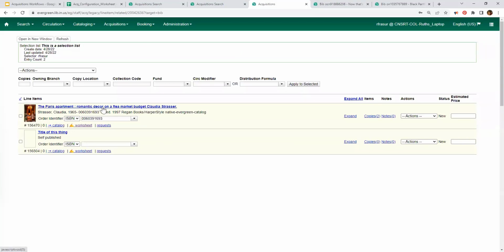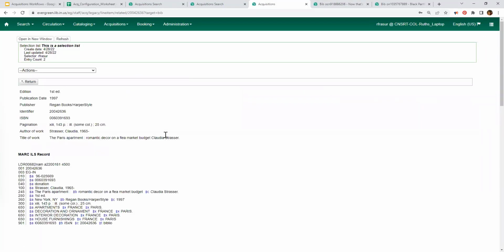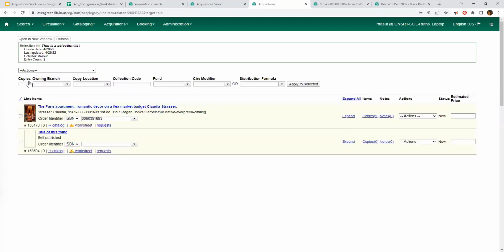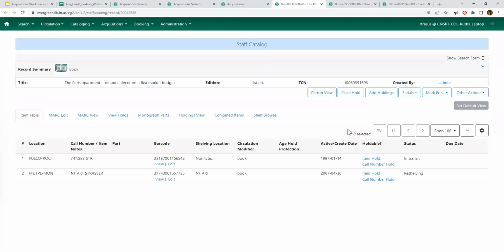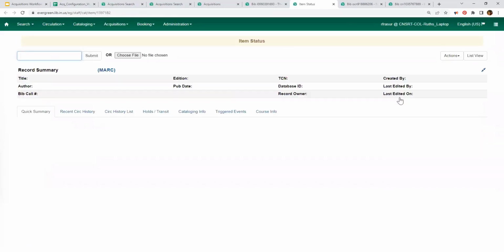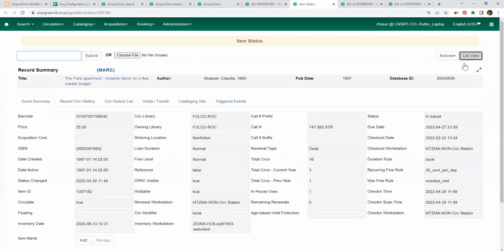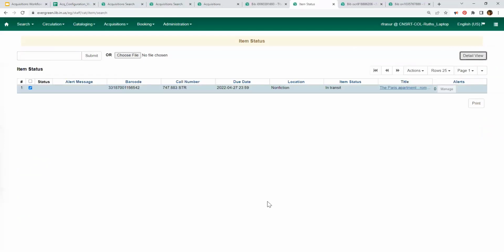Actually, I am going to go into this one real quick since it's a real thing. Oh, you see that I clicked the wrong thing. I'm going to go to the catalog record. And from here, I am going to just view this one for Fulton County because I do want to show you, view this in a list, that if this is originated